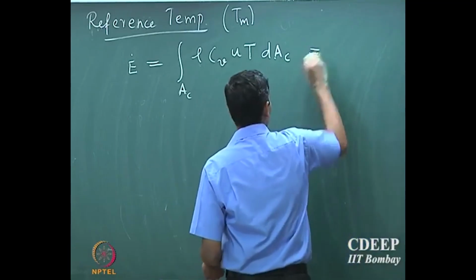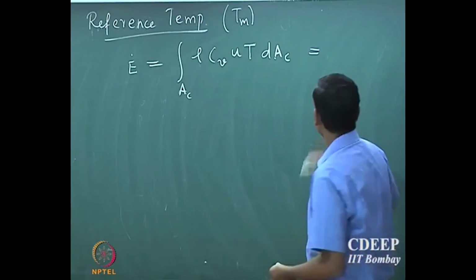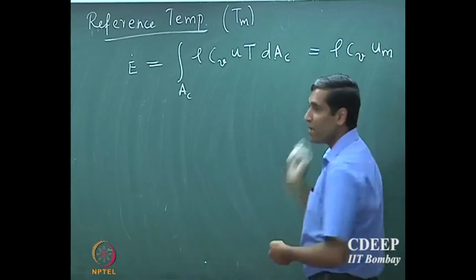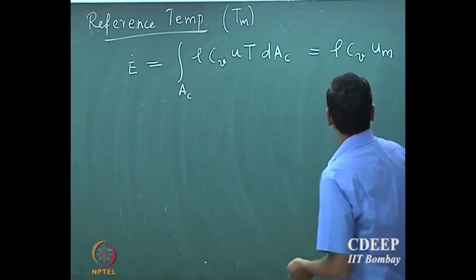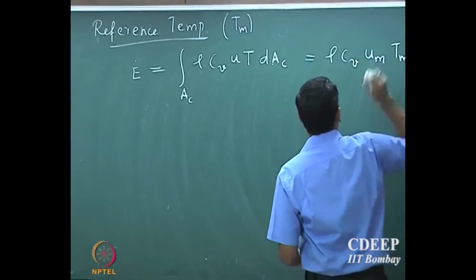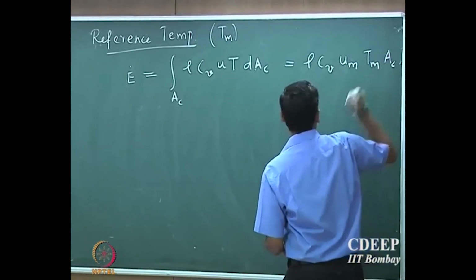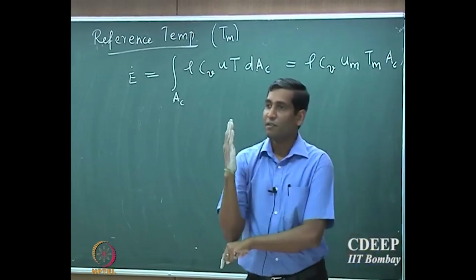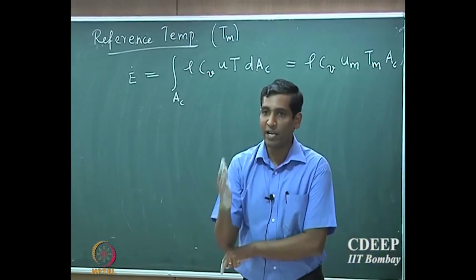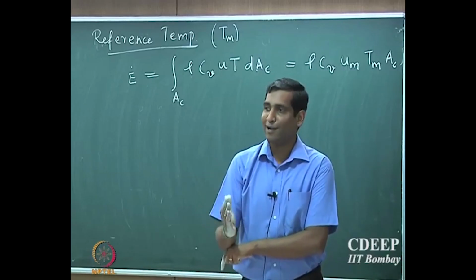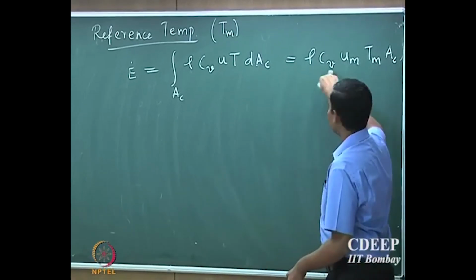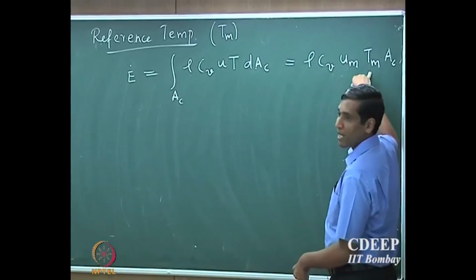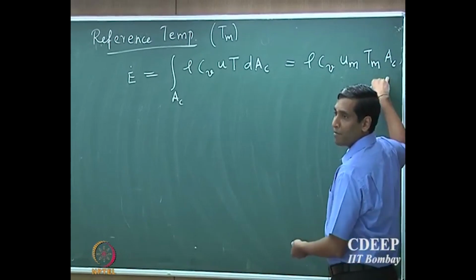So now we can define this as rho into Cv into, in terms of the mixing cup velocity multiplied by the average temperature into the cross sectional area. So note that it's a definition. We define the average amount of heat that is actually stored in the fluid at any cross section is given by the capacity multiplied by the mixing cup velocity multiplied by the mixing cup temperature multiplied by the cross sectional